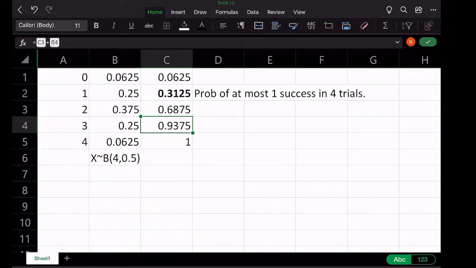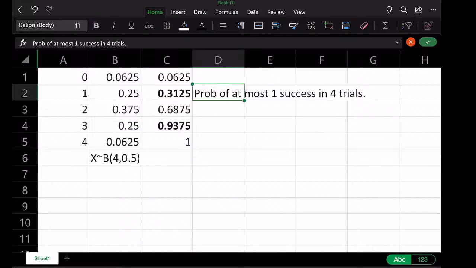Oh, this one. So yeah, for this one you could say at most one success, or another way to say that would be,